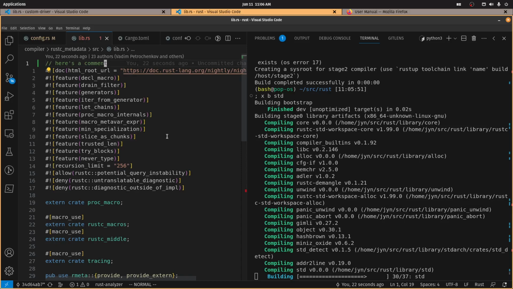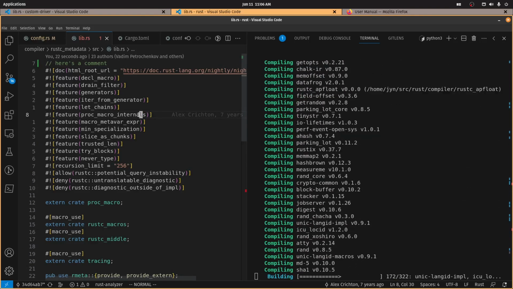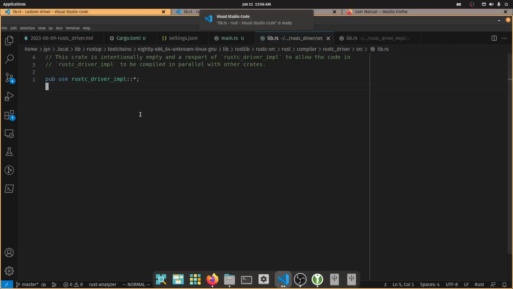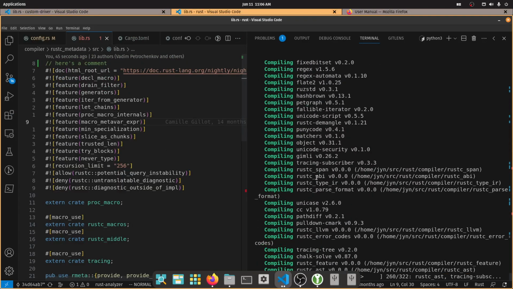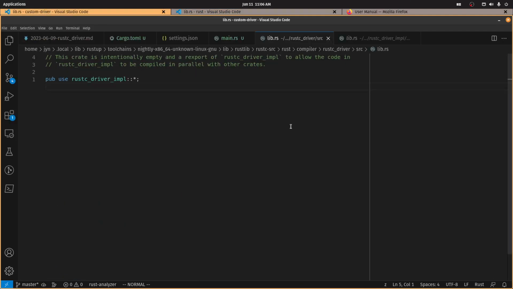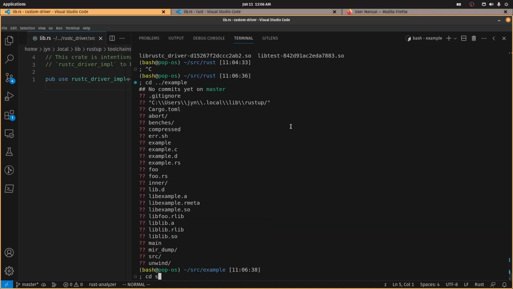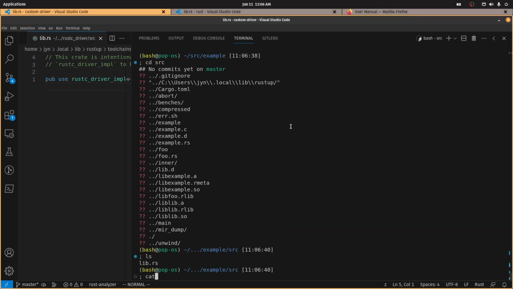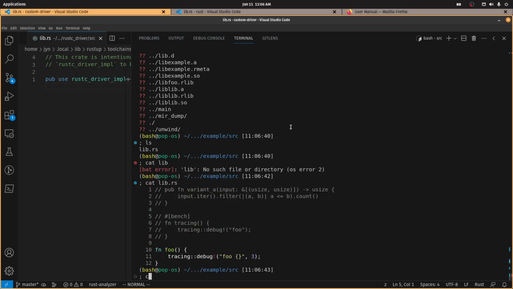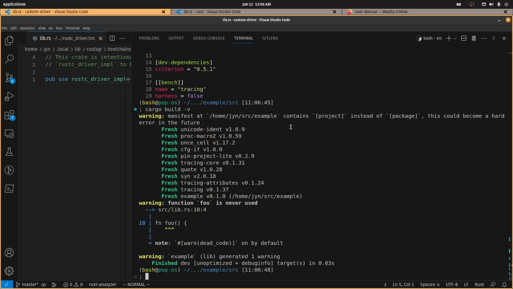And so Cargo has something called pipelining, which says that it can build the metadata and the actual crate in parallel. So, okay. This will be more clear if I do an example. Let me find an example. Okay, so I have this custom driver here, and I'm going to take this tiny little crate, which has just a simple lib.rs and some dependencies. Okay, and if I run cargo build -v,